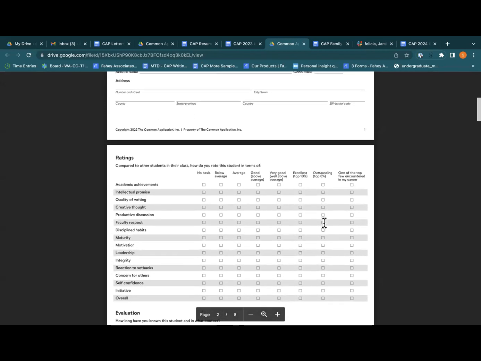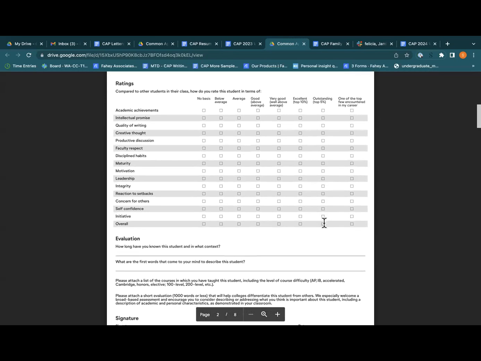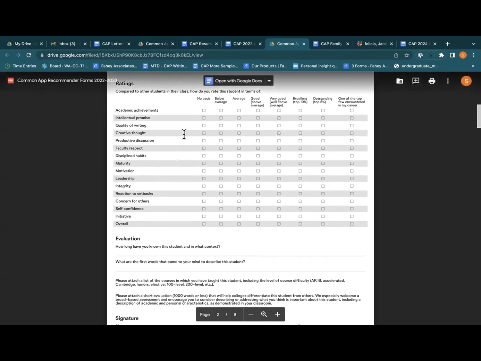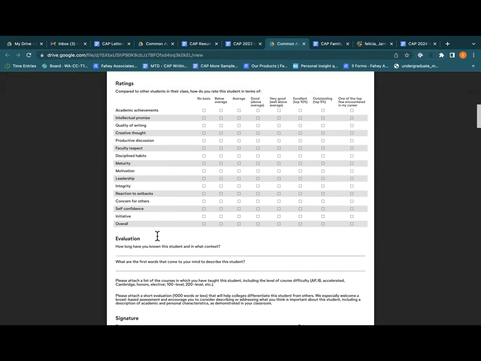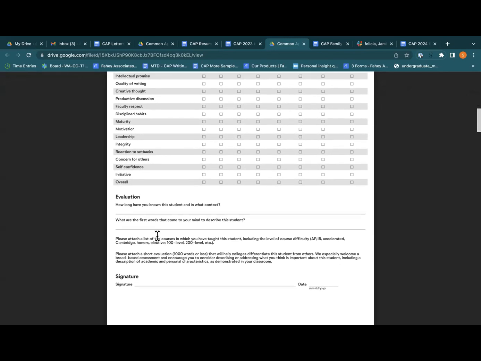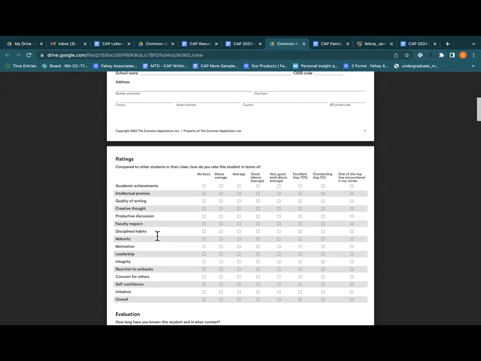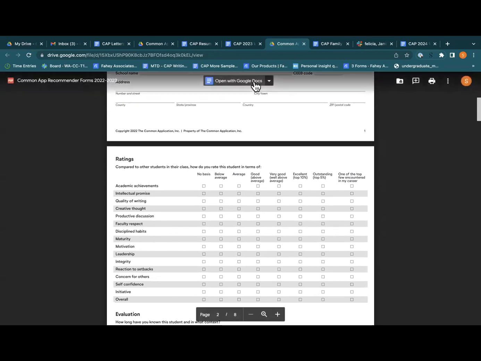And then this page is actually what I wanted to highlight. This is how your teachers will be evaluating you. So these columns over here are how your teachers, your recommenders will be evaluating you and uploading that information to your Common App. So this is something to review and to be familiar with, and just have a good understanding of what they're evaluating you on.